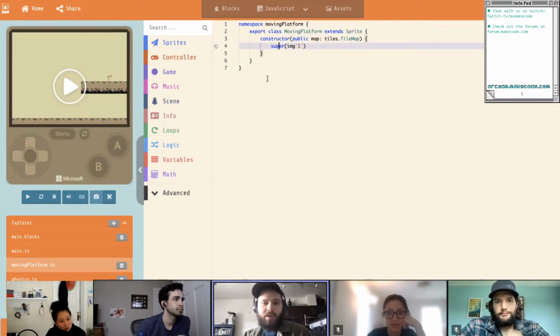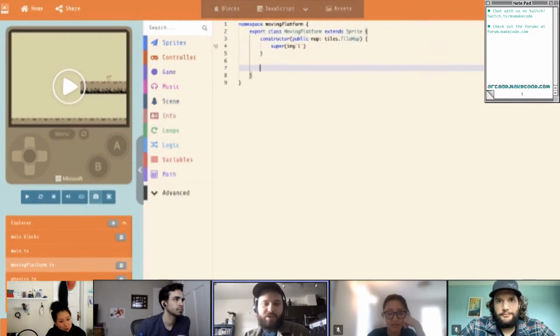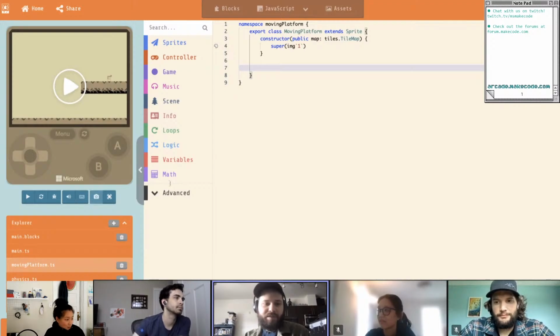All right. Now, I'm going to make a draw function, and this draw function is going to be something that I'm going to copy from the sprites, but we're going to make it very different. So,